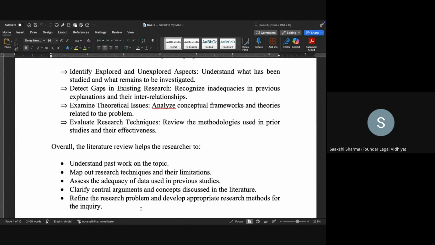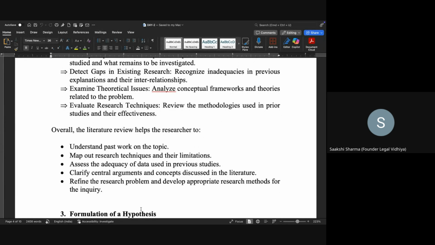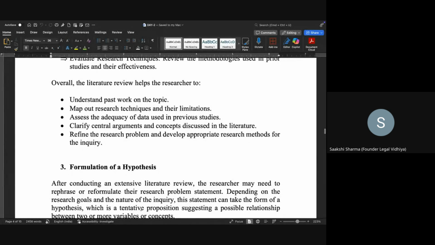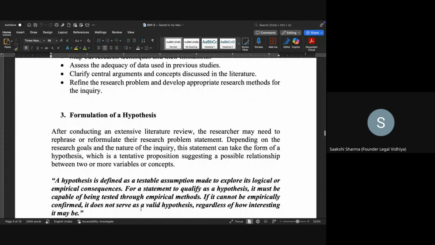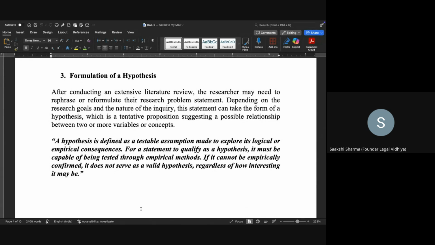जब आप literature review पढ़ोगे, you'll come across various aspects, and that will help you refine your problem much more and to make it much crisp. So to do that, it is very important that you do your literature review very deeply. Now, coming to the most important aspect, I'd say, of your research, yes, data collection is important, but what is more important is formulation of a hypothesis. If you have written a research paper or your dissertation or thesis, I'm sure you have an idea of what a hypothesis is.